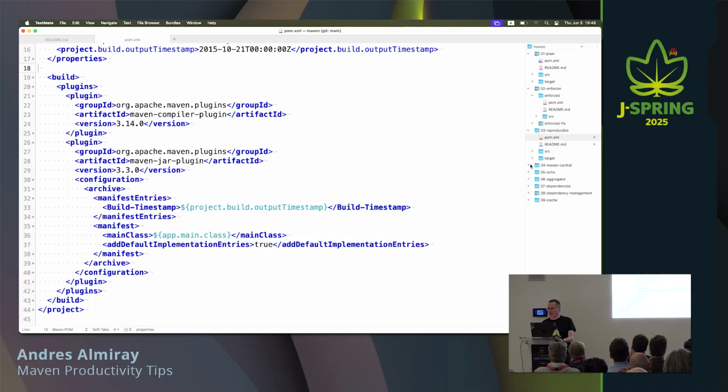Next on, anyone here has to publish to Maven Central? Not really? Okay, do you know the advantages of following the same guidelines of publishing to Maven Central for your libraries? No? Okay, so I'm just going to go quickly with these ones.